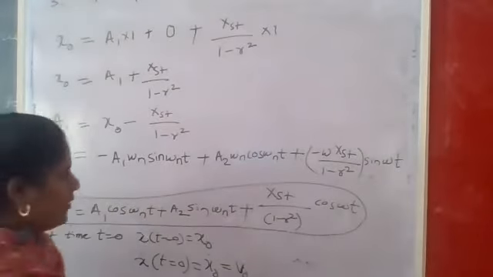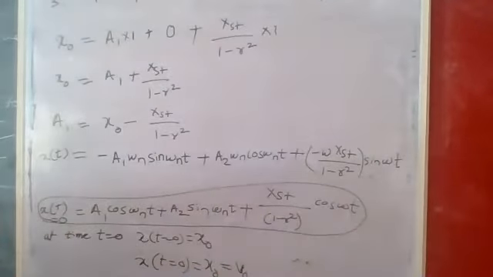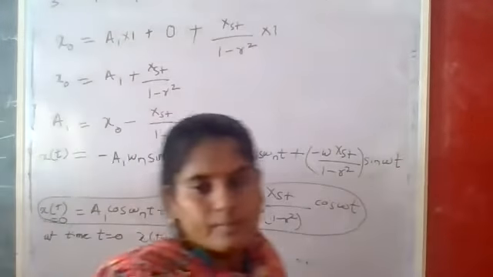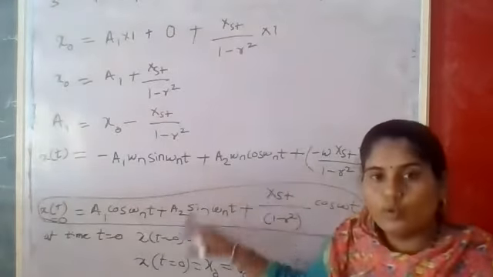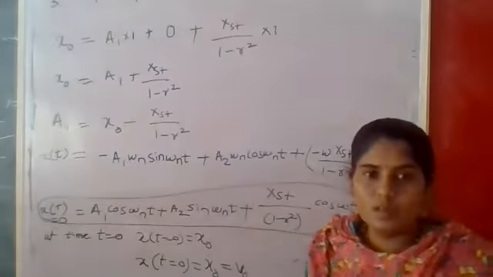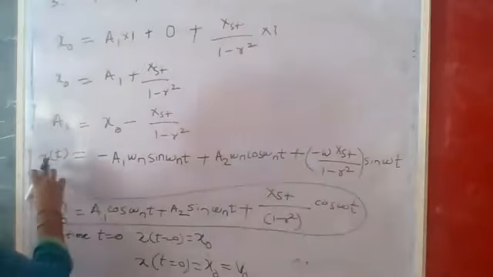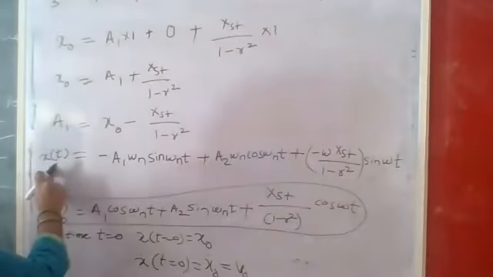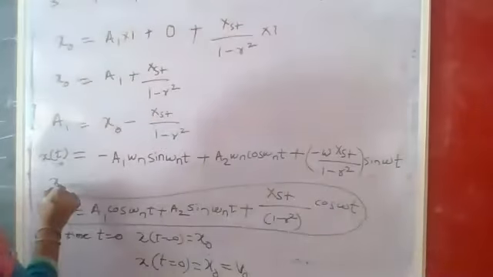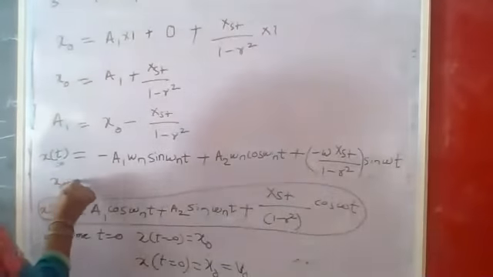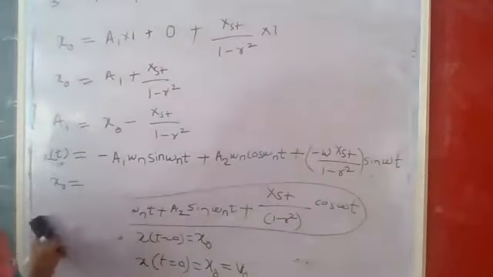All of you understand the derivative of this term? I have written it on the board above x of t. So in this equation you put the boundary condition. What is the boundary condition now? At time t is equal to 0, the value of the velocity, that is x dot of t, is equal to x naught dot. Now I will erase the below part.